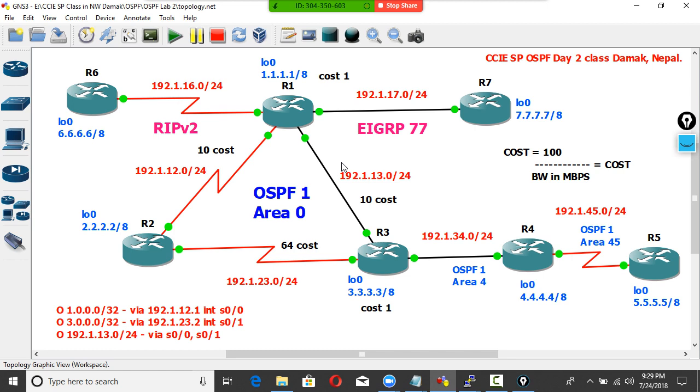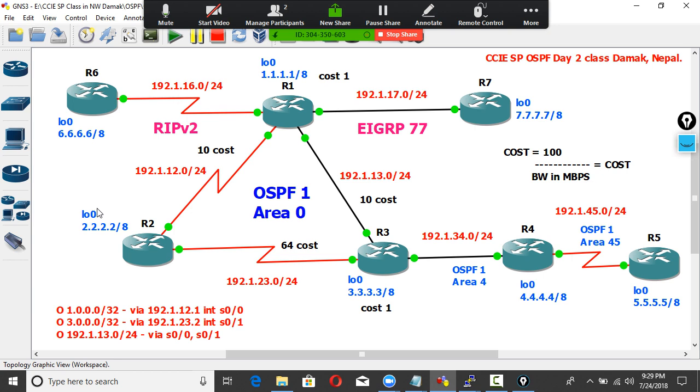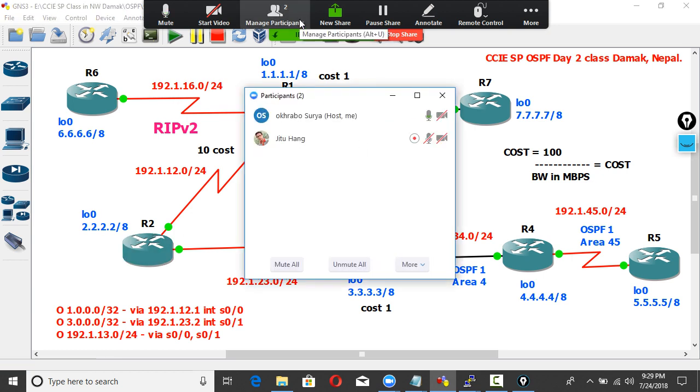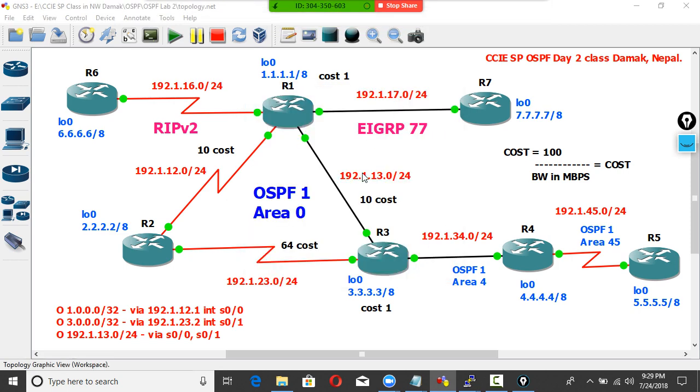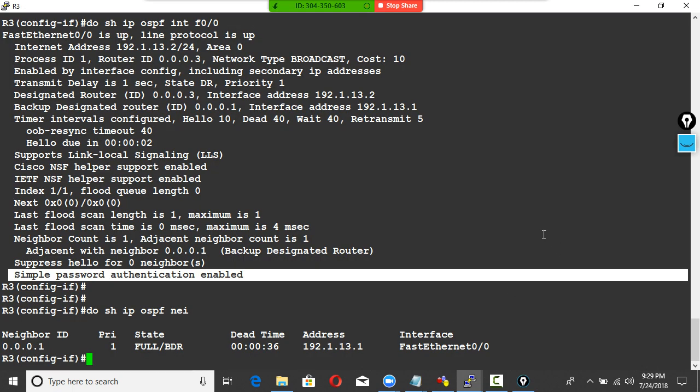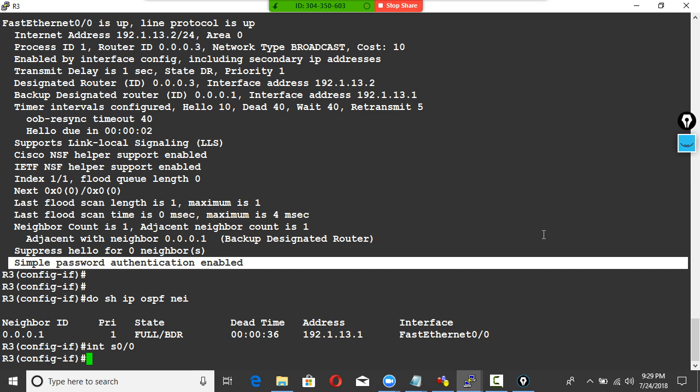That is the point. So what to do? On all the routers, I have to enable the same type of what? Authentication methods. Clear? So what to do? Go on R3, do the same thing: interface S0/0, IP OSPF authentication key,